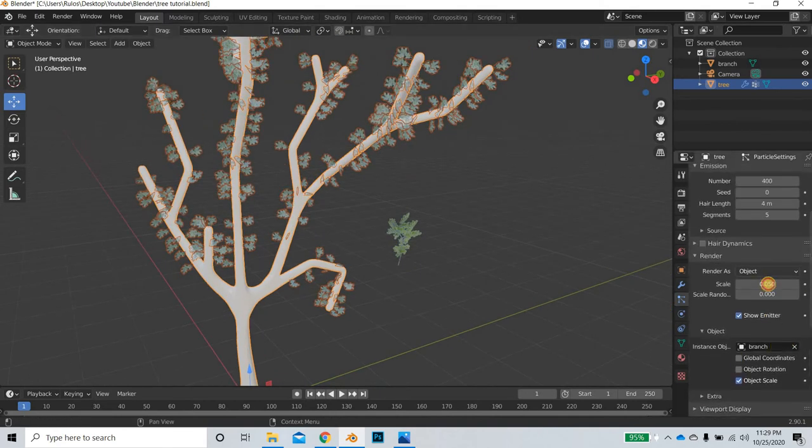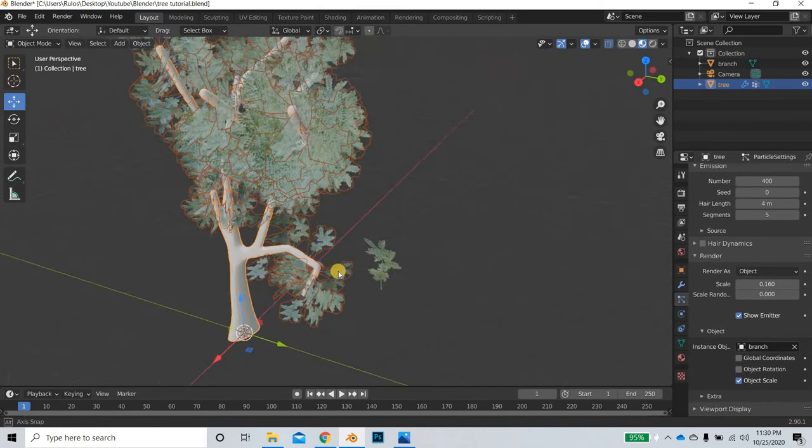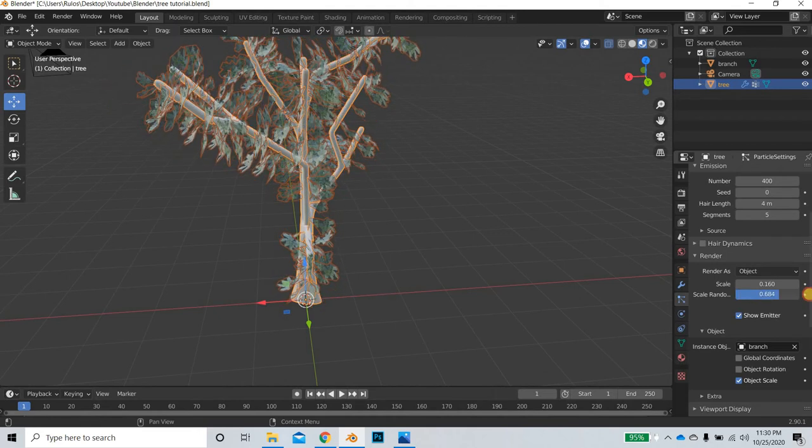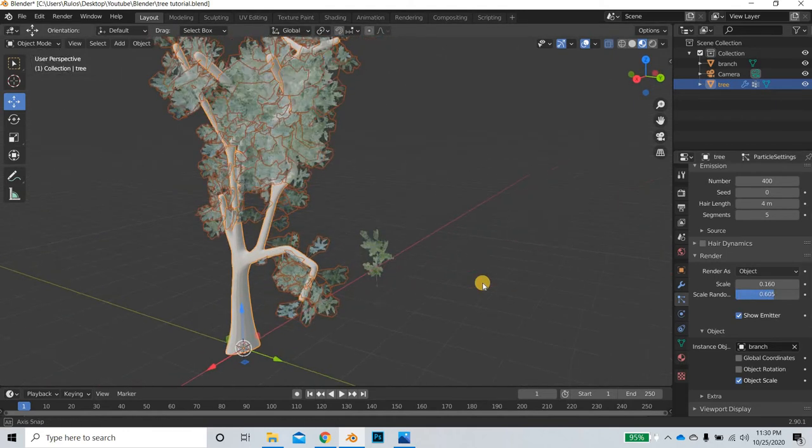Now we need to change the scale, so you can make the branches big or small, and then you can also change the scale, so some are big, some are small. Alright,